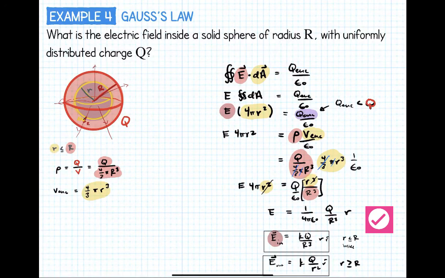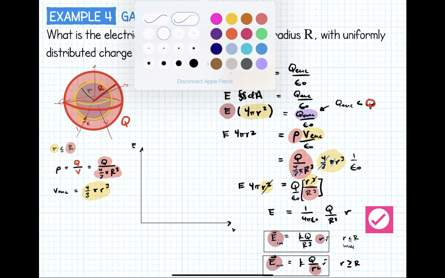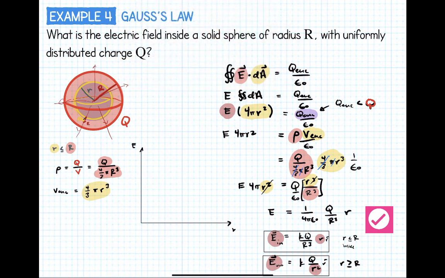So in this case, electric field is linear with r, and in this case, electric field is inverse square with r, okay? And if you want to plot this, here you can have your electric field as a function of r. It looks like a linear relationship,